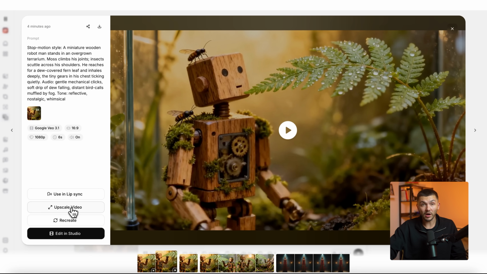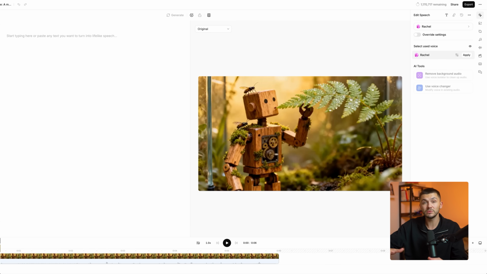Below that, again, we've got upscale video, because you always want to upscale your videos to the best resolution for the best output. And then we could also recreate and regenerate. But the last option we have right here is to edit in Studio. And if I click edit in Studio, this is where the magic happens in terms of taking your projects further, because this is then imported into an ElevenLabs Studio project where you can then go and add sound effects, voiceovers,